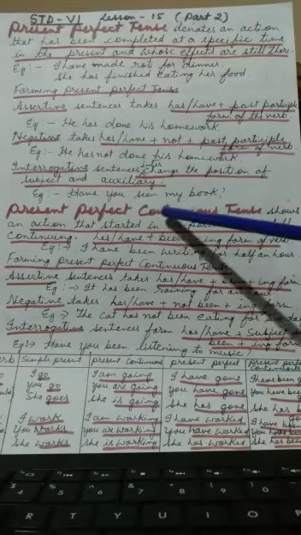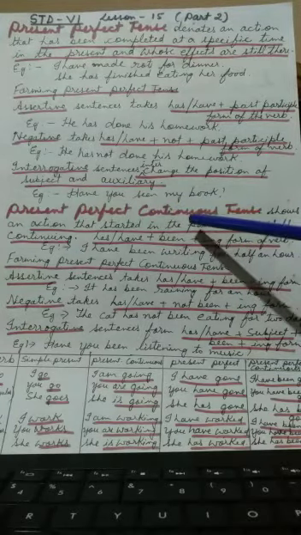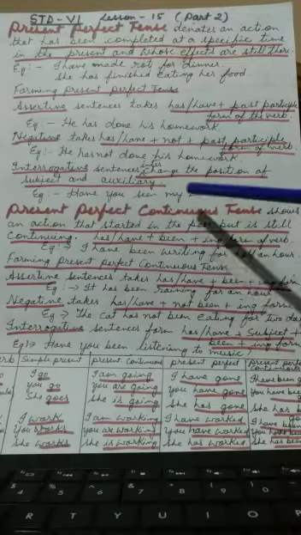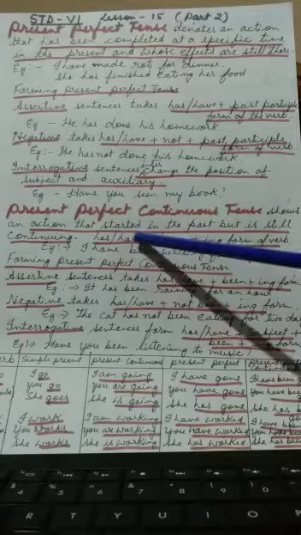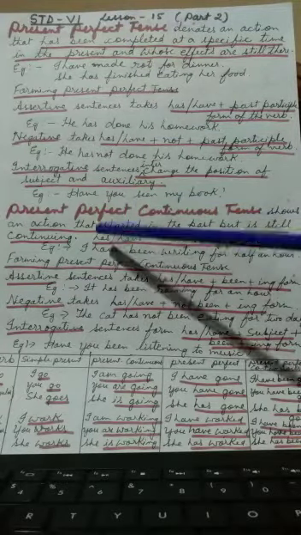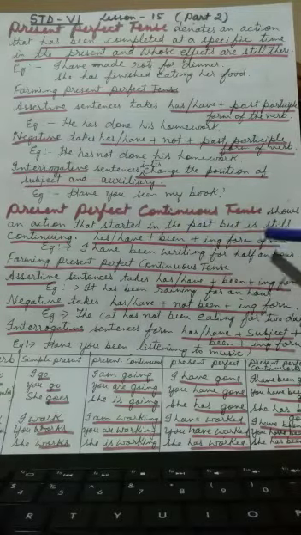So whenever you see continuous, that means the ing form of the verb it will take surely. Okay, so ing form, continuous. Present perfect continuous. So it will take has or have, like I told you in present perfect, and continuous means ing. So has or have plus been plus the ing form of the verb.